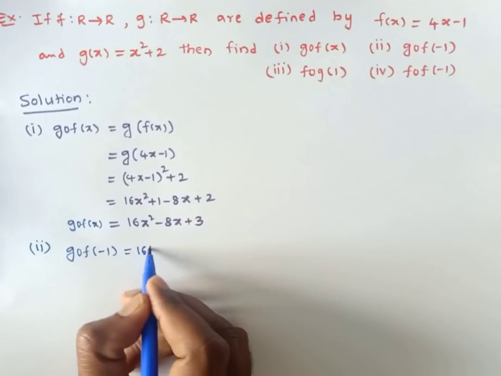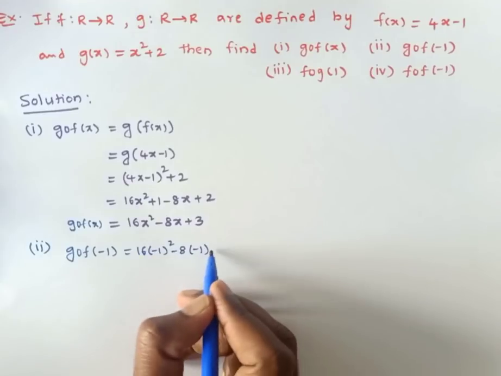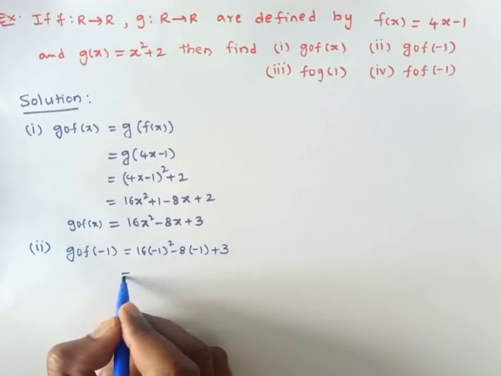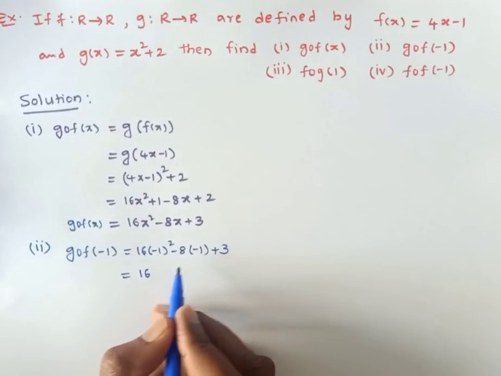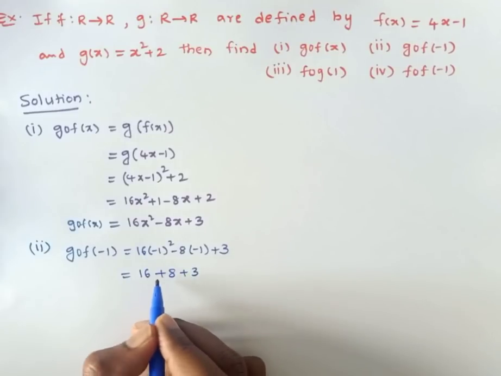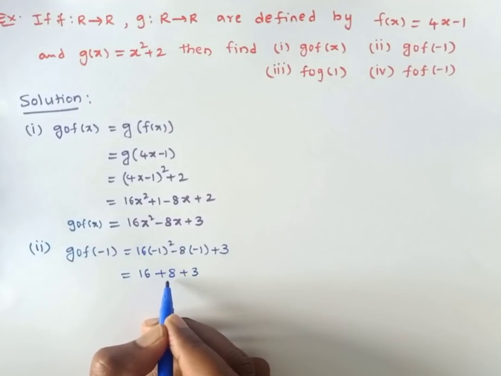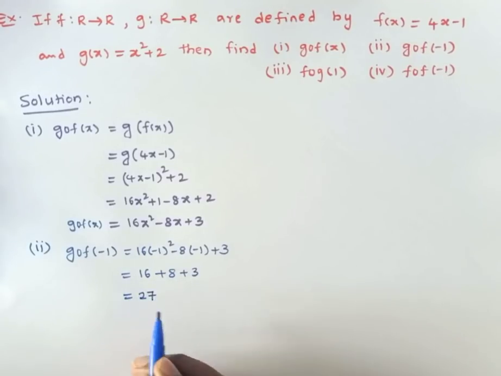So this is 16 into minus 1 square minus 8 into minus 1 plus 3. Therefore it is 16 into minus 1 square means 16, minus 8 into minus 1, this is plus 8, plus 3. So 16 plus 8, 24 plus 3, 27. So this is 27. Now next,